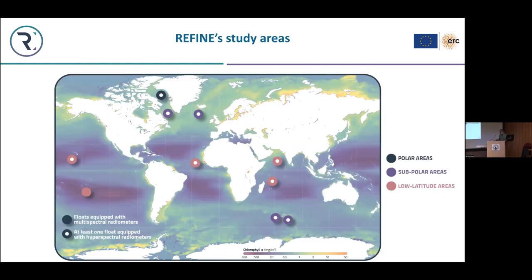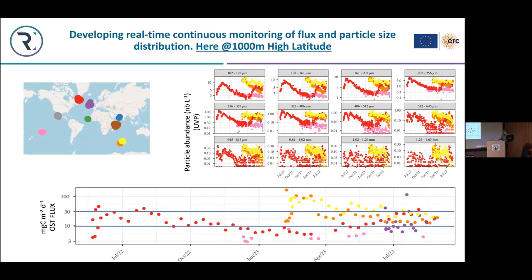And we have deployed so far mostly all these 22 floats. One will be deployed this week in Hawaii, and the 3 remaining are for your cruise, Stephanie, Patrick, next year in summer. So we begin to have time series. The longest is in the Labrador Sea. Just here, and we can have some kind of monitoring of the optical sediment trap flux, mostly in real time.